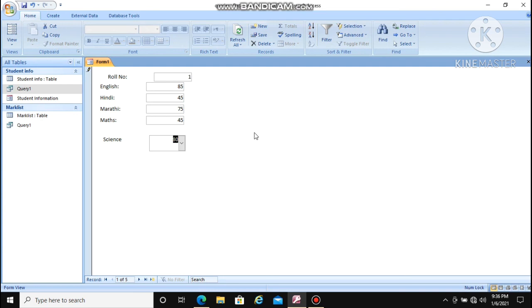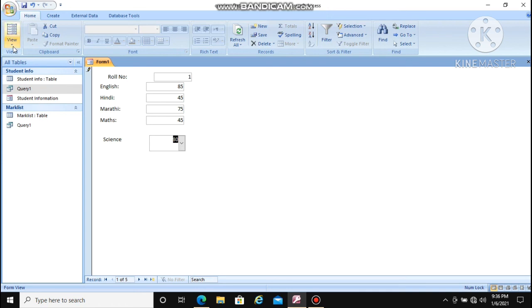It doesn't mean that you have to do it only in design form. Of course, when you create a form with the help of form wizard, you can also add these control buttons. There is no need to use only form design. Once you create the form with the help of form wizard, you can make changes in the design view.